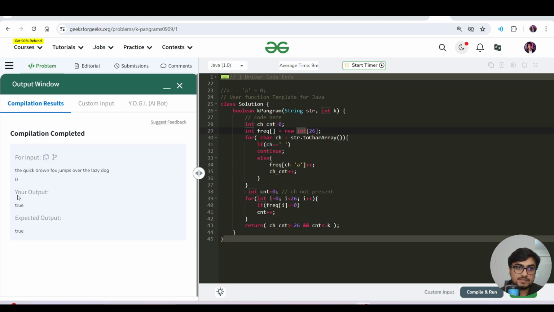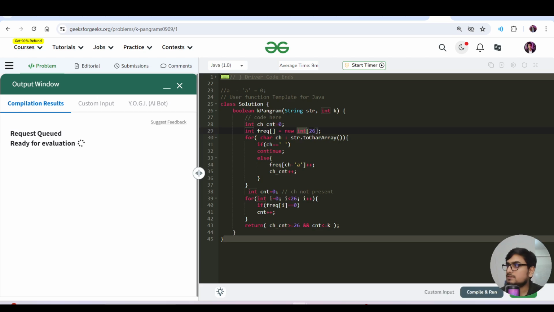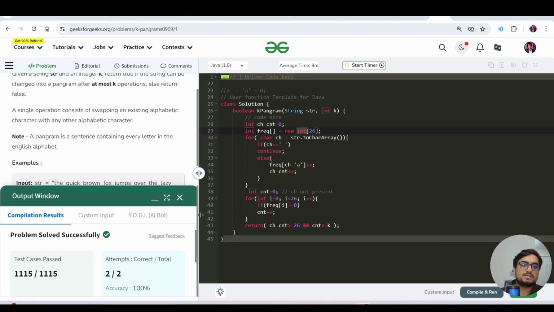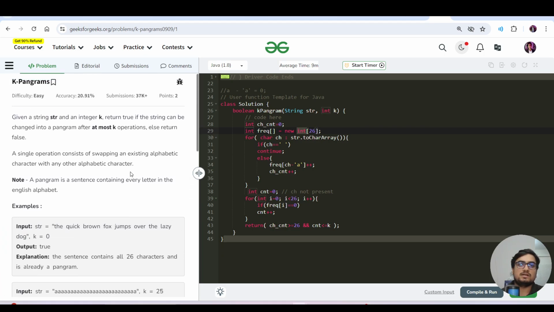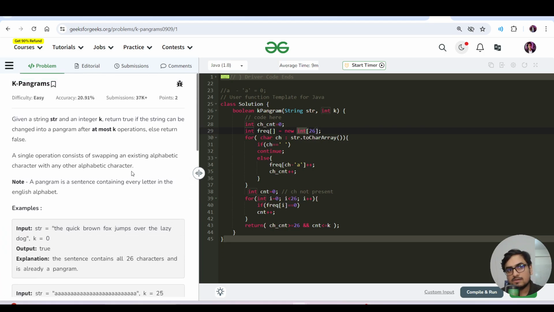Okay, so as you can see, the expected and our output matches. एक छोटी सी गलती थी यहाँ पे, हमने यहाँ पे int arr लिख दिया था, that is syntactically wrong, so we just replace that arr with the int, and that is it. Let us hit the submit button for this code. तो ये कोड हो गया submit यार, although ये question easy था, but ये एक standard topic है string का।